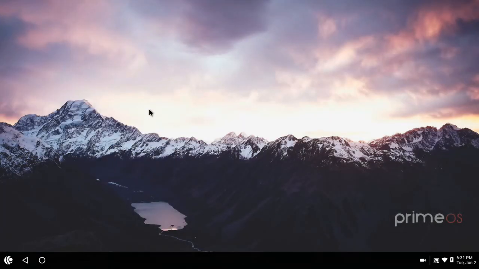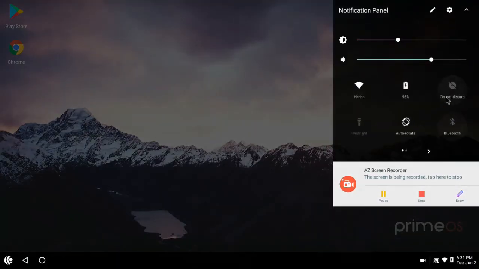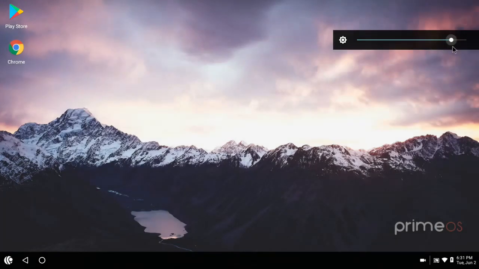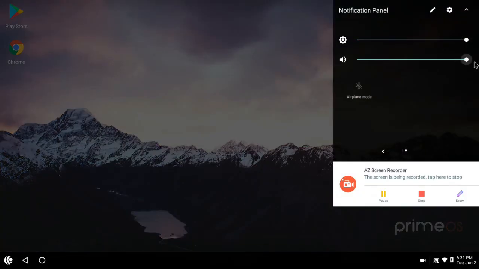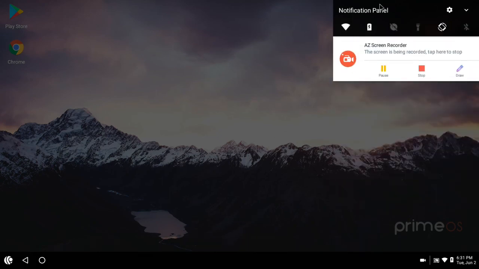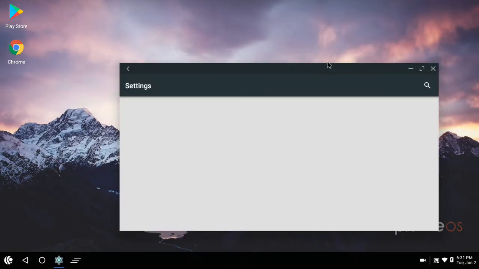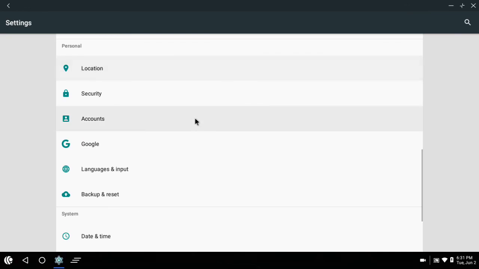You can change wallpapers, you can download any Android apps, you can play PUBG, which is a widely played game. Everything is almost the same as Android. You can connect Wi-Fi, Bluetooth, everything, brightness, sound. It's a very good OS for PC, I think. There are other OSs also, like Phoenix OS, Fide OS, but I think this is the smoothest one.